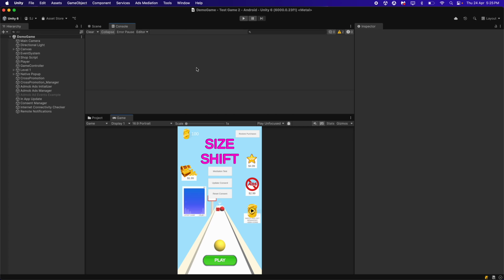In this video, we are going to set up the in-app purchase script in the Unity project. We will also test it on the Android and iOS devices, basically how the in-app purchase works. To set up the in-app purchase inside the Unity project, we need to first create an empty game object in